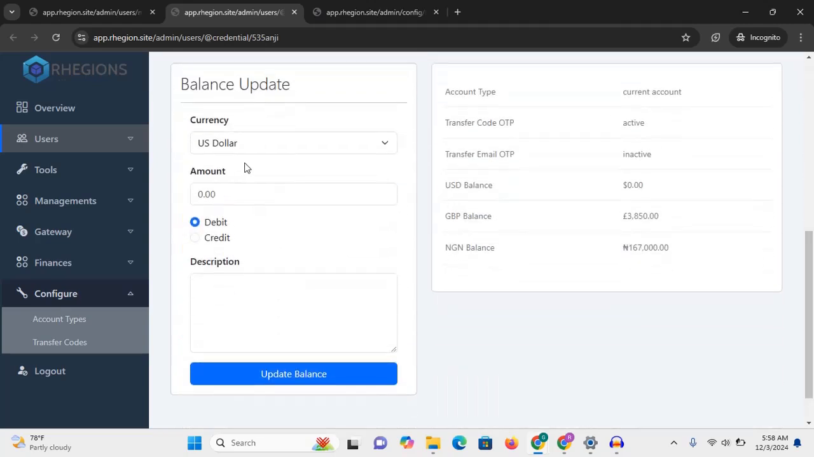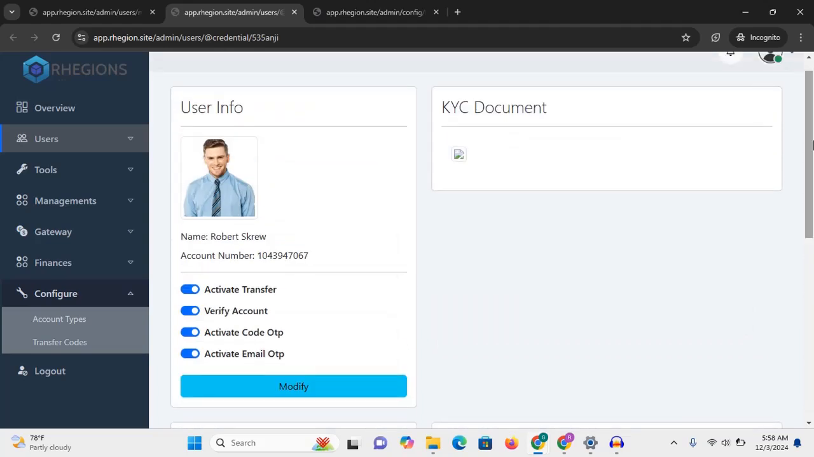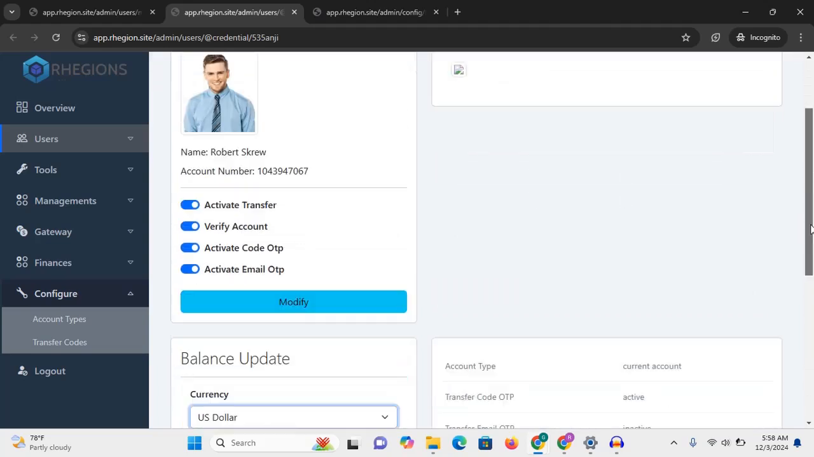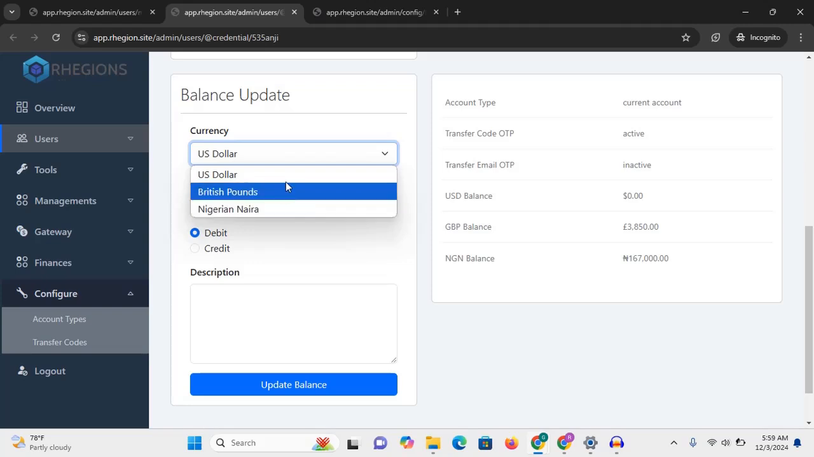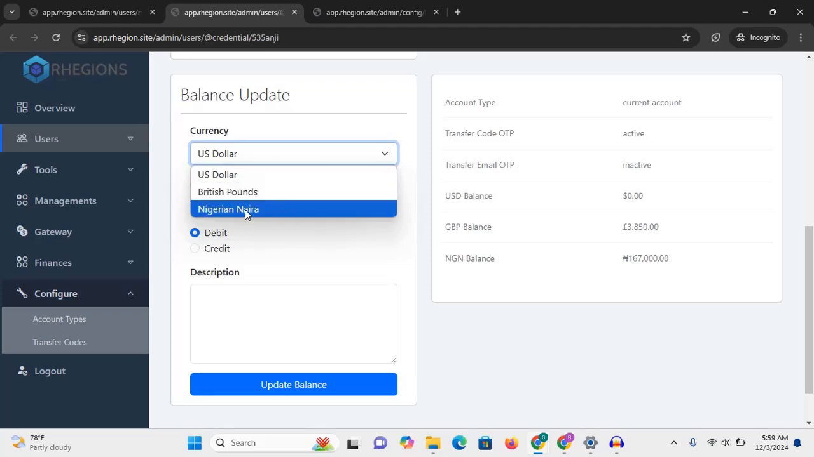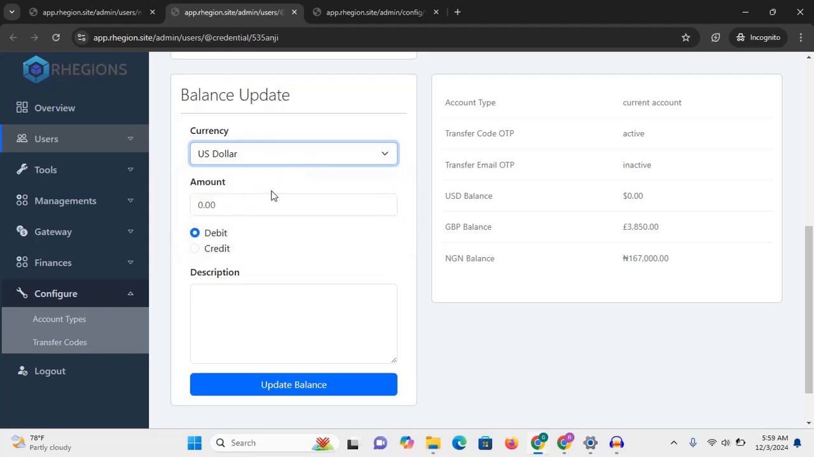And from here, another incredible thing you can do is that you can fund your user's account. As you're on this account for Robert Square, you can just come here and add some money into the account. Currently we have 3 different accounts: US dollar, British pound, and Nigerian naira. I can decide to remove any account I do not want, and I can also decide to add any account I want. So if I add money into this